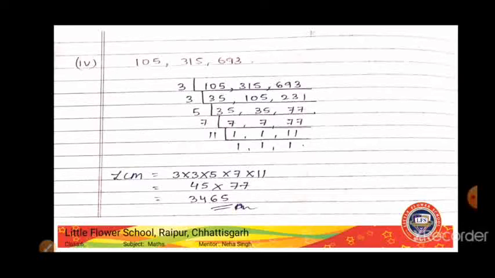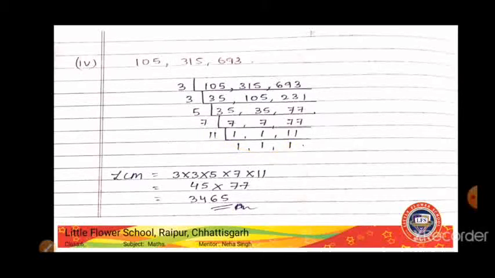So we can see that this number will be divisible by 5 since it has 5 in its units place, right? So 5 7s are 35, 5 7s are 35, right? And here 77, since it is not divisible by 5, we'll write 77 as it is. Now here 7 1s are 7, 7 1s are 7, and 7 11s are 77. Now the only number left is 11. 11 will come in its table only, so 11 1s are 11.